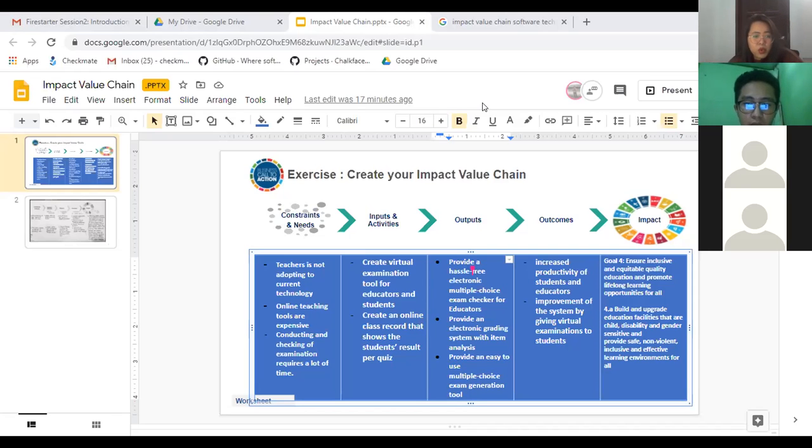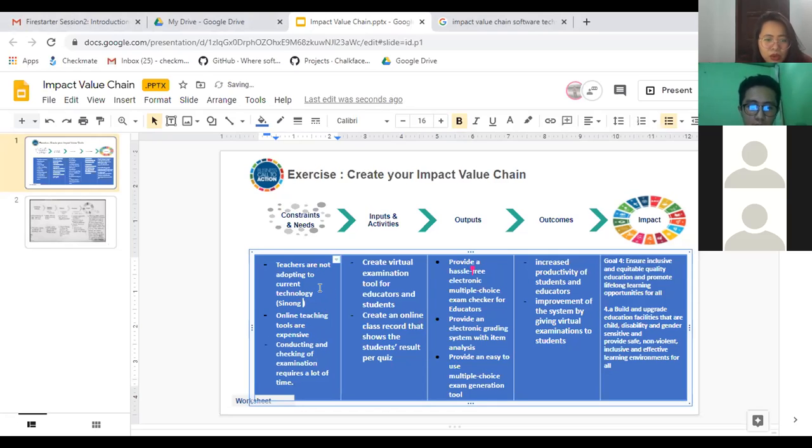So let's pinpoint what's missing sa mga answers nyo. Constraints and needs. Let's go over this. So first one, teachers are not adapting to current technology. So ang kulang dito is sinong teachers, saan teachers, are not adapting to what kind of current technology are you talking about? Okay? So you have to identify that.